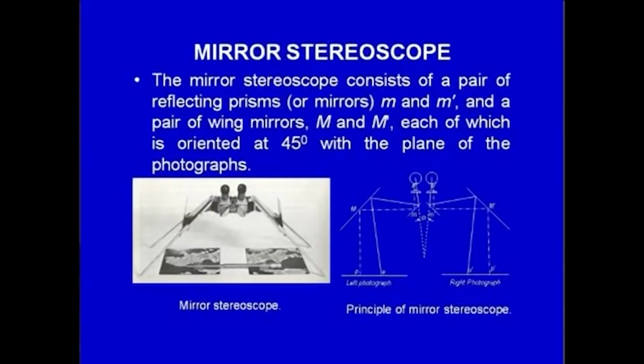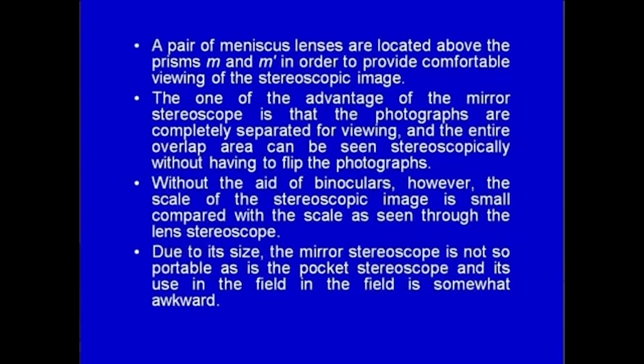Now, let us look at the mirror stereoscope. The mirror stereoscope consists of a pair of reflecting prisms or mirrors M, M dash, and a pair of wing mirrors capital M, M dash, each of which is oriented at 45 degrees with the plane of the photograph. A pair of meniscus lenses are located above the prisms M and M dash in order to provide comfortable viewing